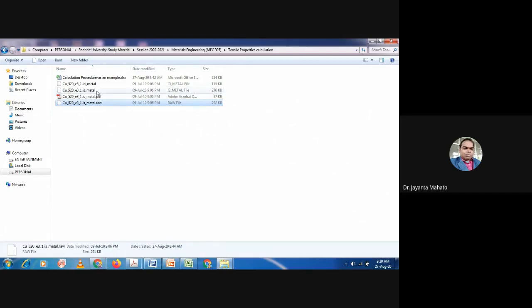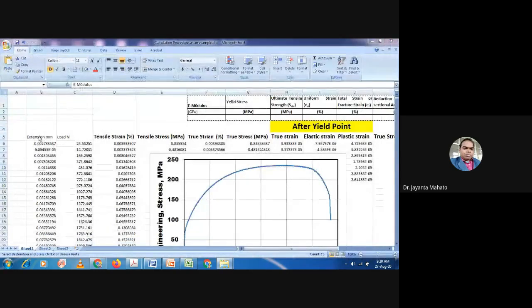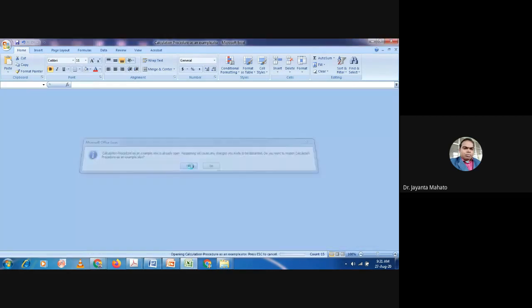In the raw data file you can get this type of data. There are many columns, and the columns include extension, load, time, tensile strain, and tensile stress, meaning engineering tensile stress and engineering tensile strain.